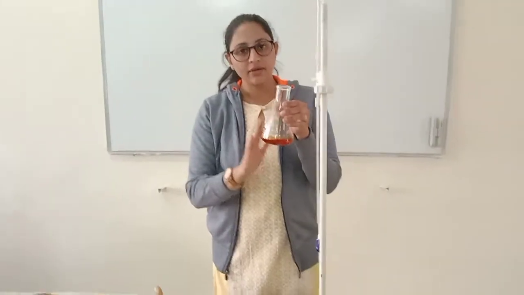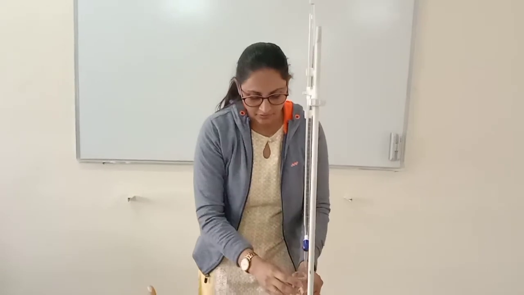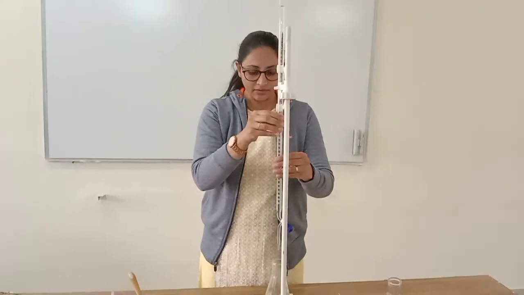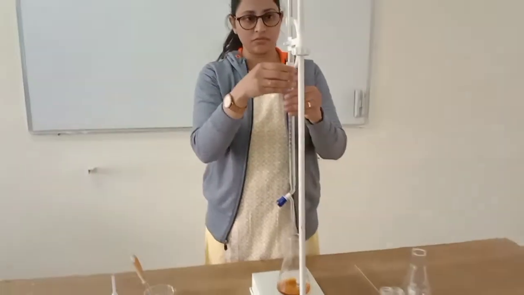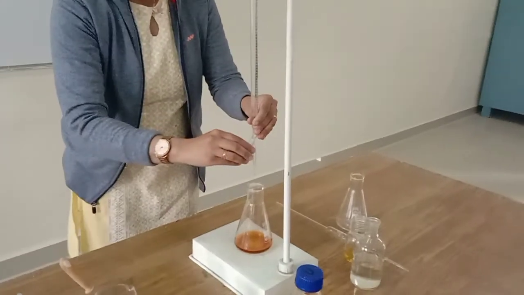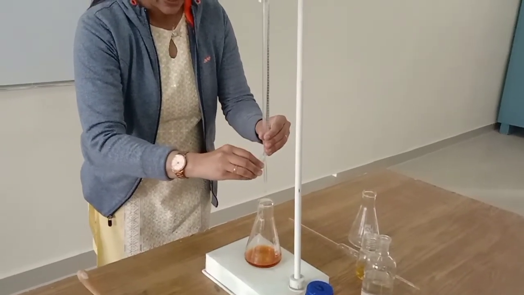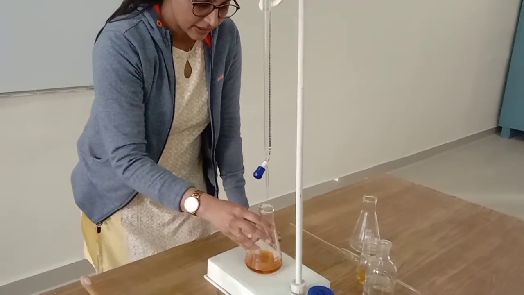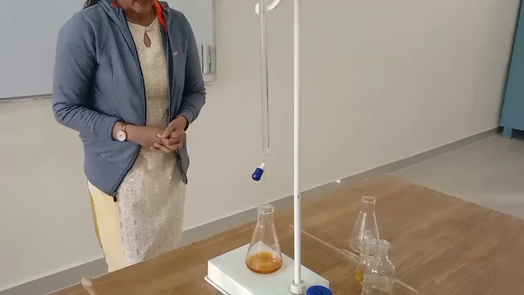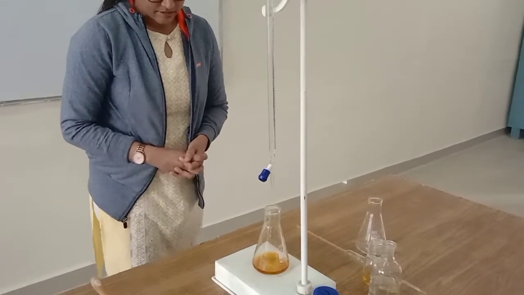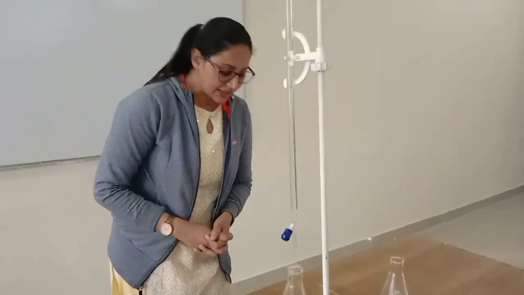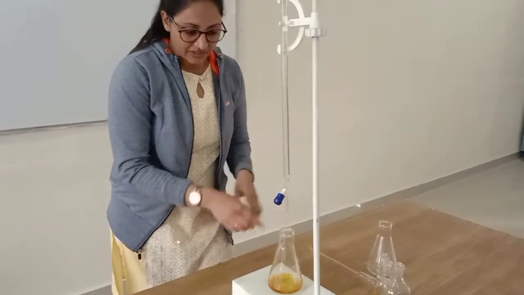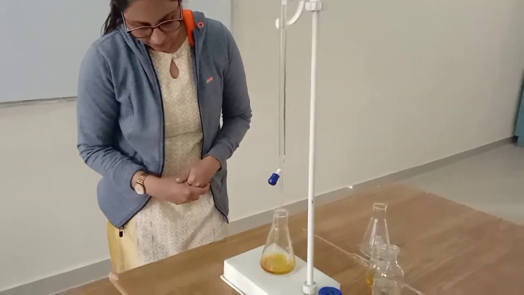Now we are going to titrate this free iodine with the hypo solution. I am going to keep this analyte just below the burette and we are going to start pouring the standard hypo solution dropwise into the conical flask. When all the free iodine is bound with the sodium, that is, sodium iodide is formed, at that time we will observe the color fading.